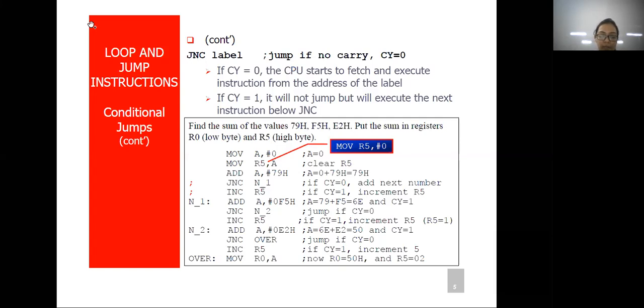Finally, after incrementing R5, at the end you have to move the data to the R0 register. So the lower byte will be in the R0 register and the higher byte, which is the carry, will be in the R5 register. This way the program works.